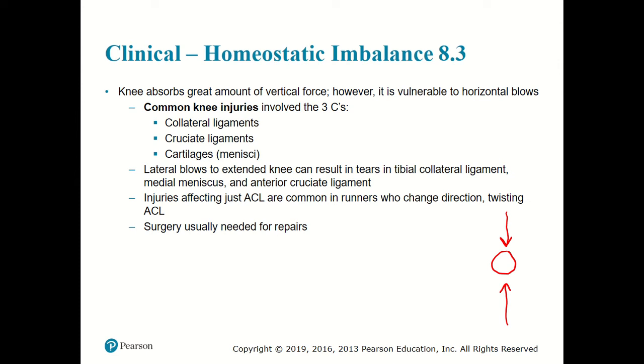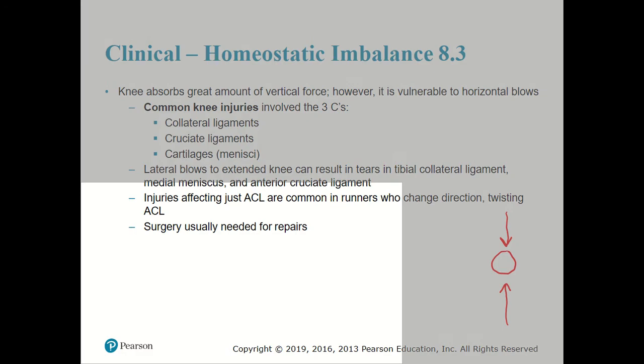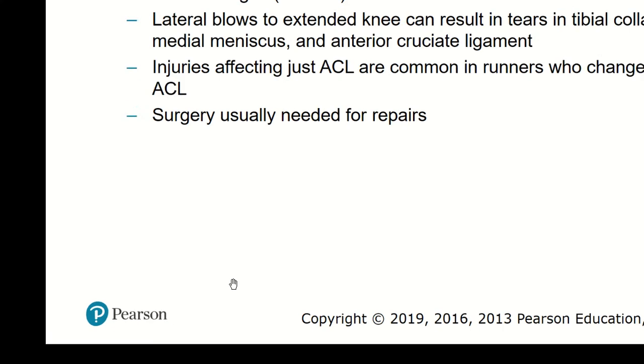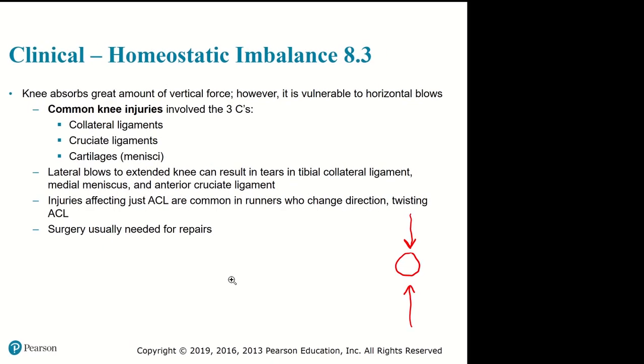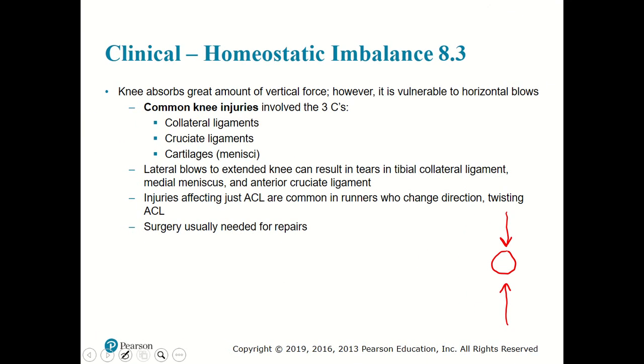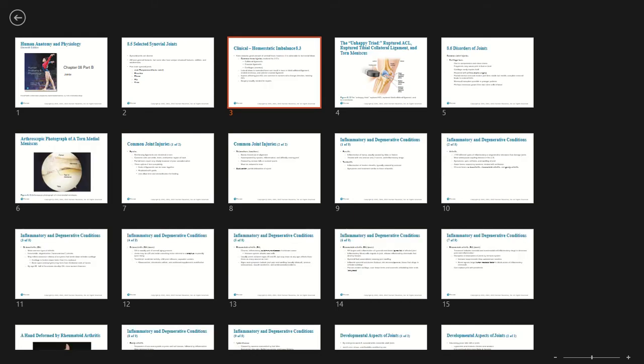But when we look at knee injuries, what we really discuss and what we see a lot of injuries coming from are those that come horizontally, right? So horizontal blows that come from the left side of the knee or the right side of the knee is where we really get a lot of injuries. And so when we take a look at knee injuries,